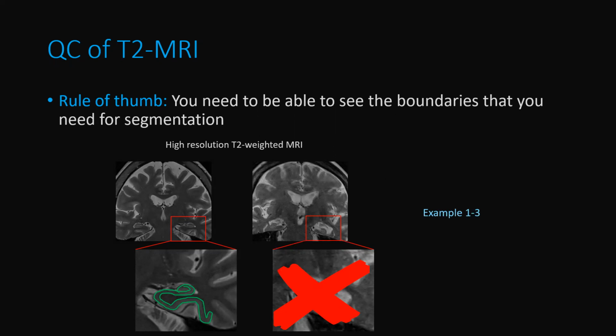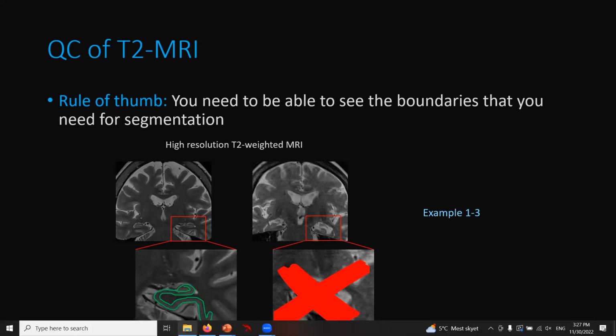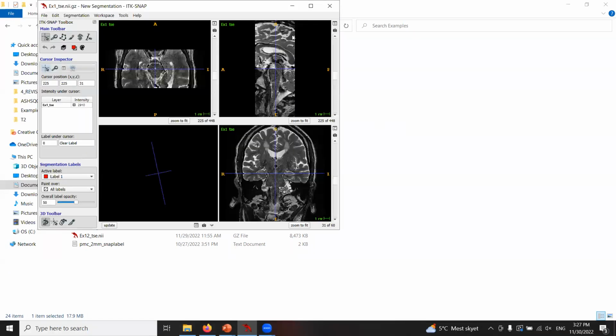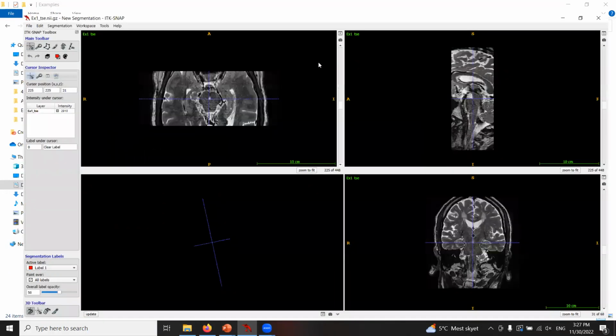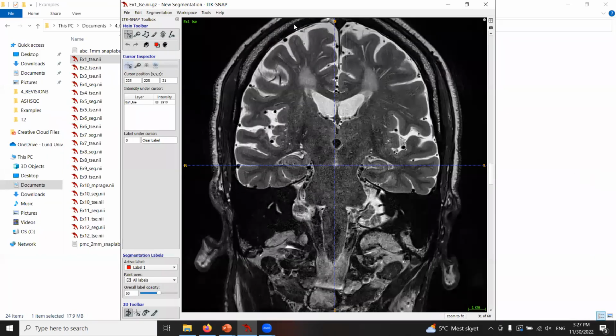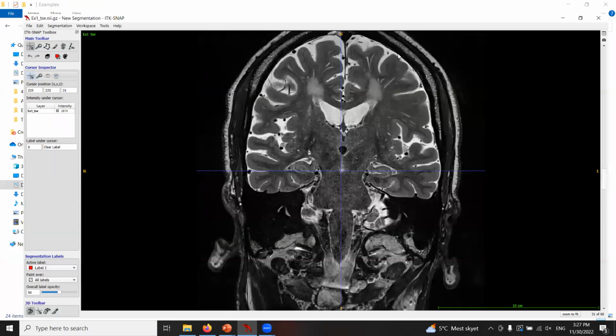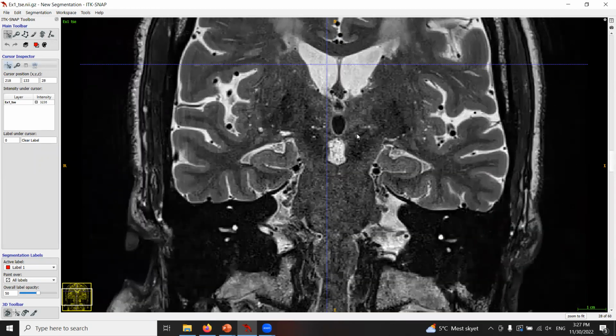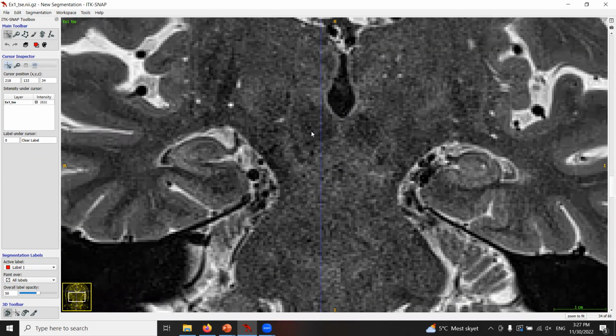So now I want to show a few examples. All right. I hope you can still see, you can now see the ITK snap window. Is that correct? Yes. Okay, thank you. All right, so